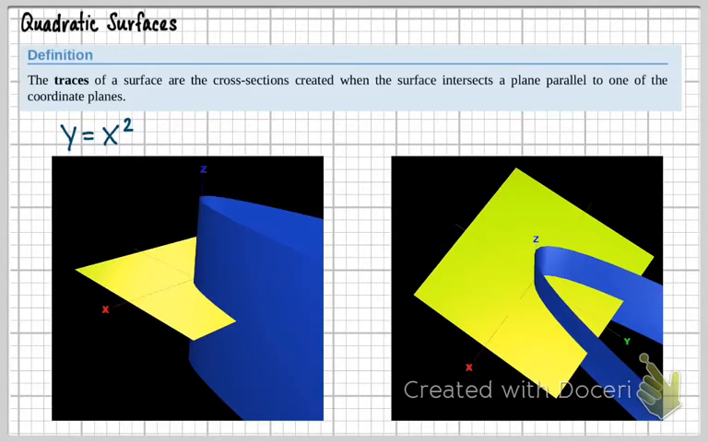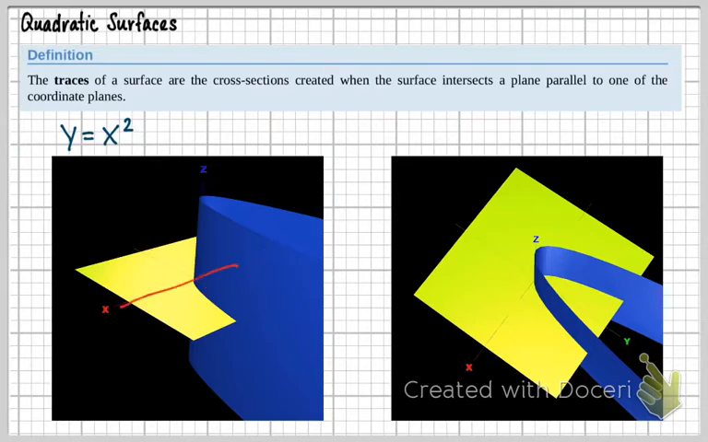Now let's talk about traces. The traces of a surface are the cross sections created when the surface intersects a plane parallel to one of the coordinate planes. Now the coordinate planes are the XY plane that we see here,